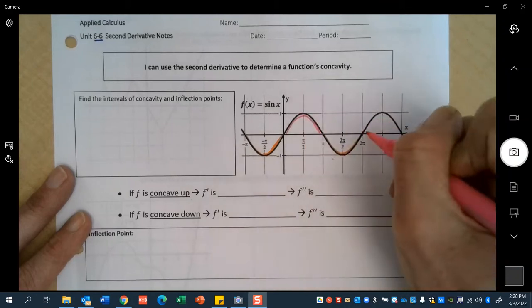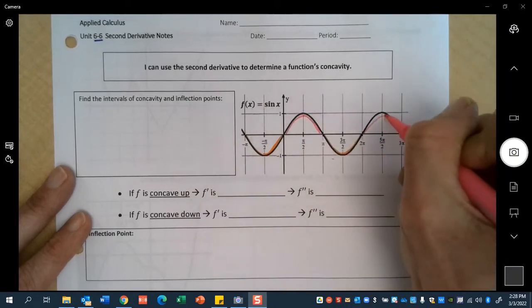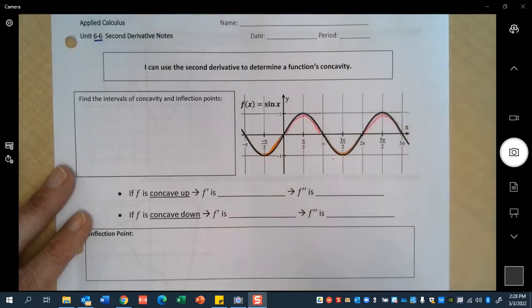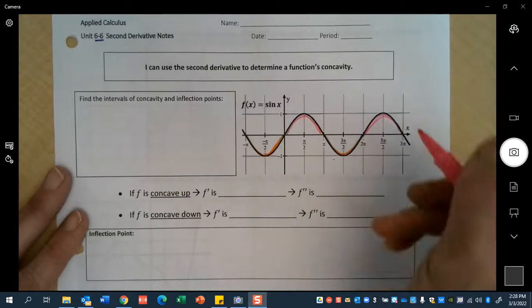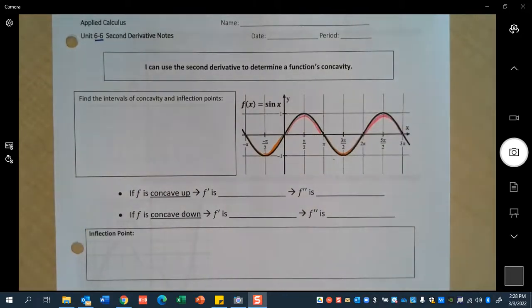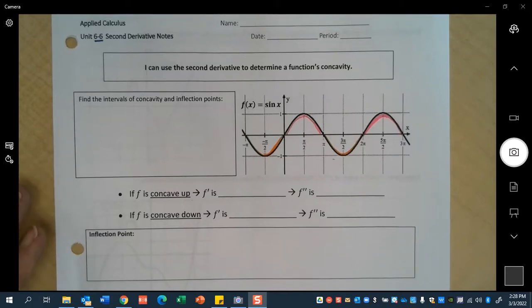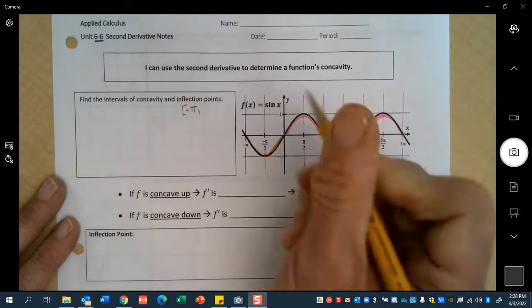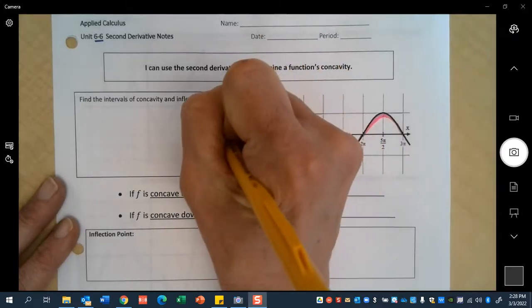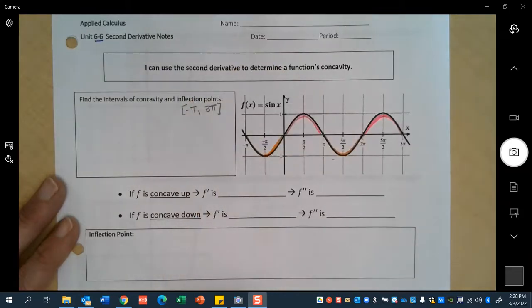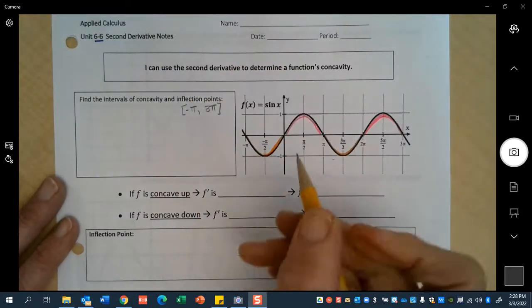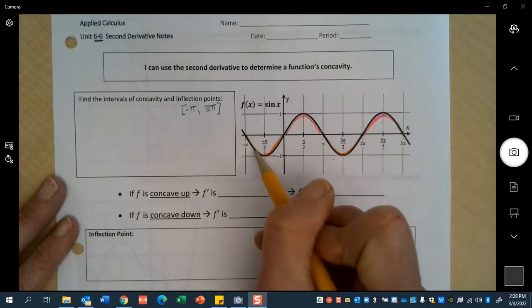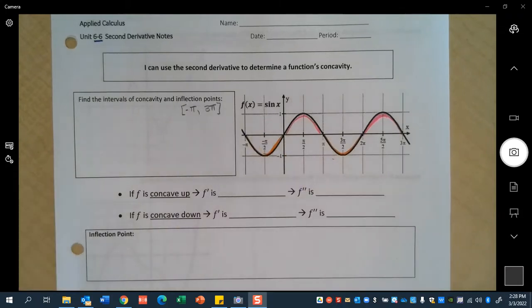in these two scenarios. Now here we have our sine function, and we know that that function is going to continue with this pattern from negative to positive infinity. When we're finding the intervals of concavity and inflection points, for the purposes of this graph, we're just going to talk about the interval from negative pi all the way up to and including 3 pi. So our positive concavity is going to be this part of the graph here. And that happens